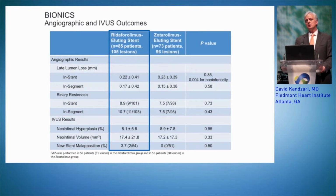And as I've previously shared, we had not, at least today, presented the angiographic and IVUS outcomes that for the first public presentation this evening, I'll share with you. So specifically, 85 patients in the EluNIR cohort underwent angiographic follow-up. In addition, 55 of these patients underwent intravascular ultrasound follow-up. And in the Resolute cohort, 73 patients underwent angiographic follow-up, and 56 of these patients underwent IVUS follow-up. And at 13 months following index revascularization,